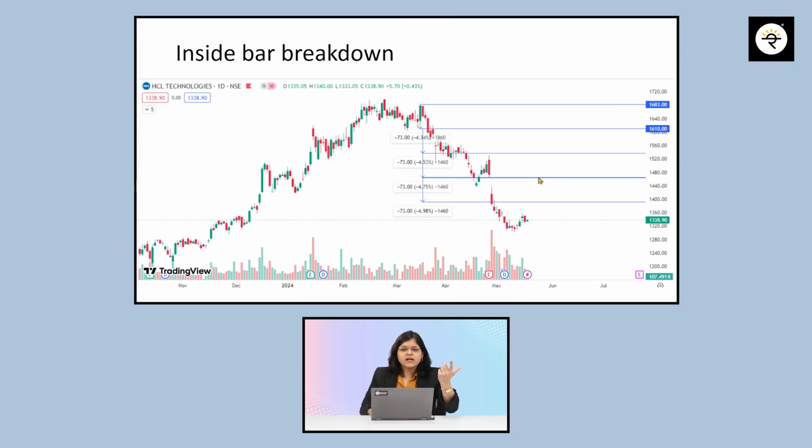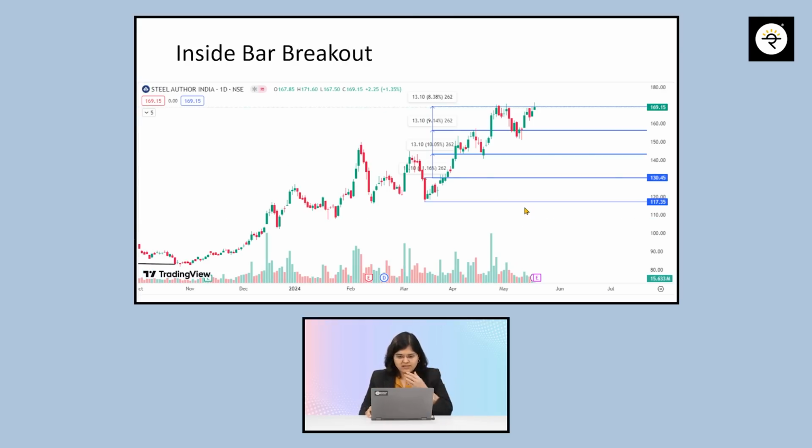Now this is an example of Reliance Industries weekly pattern, but let's take an example of HCL, which is a daily pattern. Again, did we see an up move, uptrend almost? Yes. After that we could see this green candle, this is an inside bar. Once we saw a breakdown here, this is a 73 points ka range, right? Broken down, 73 points gone, another 73 points gone, another 73 points gone. We stopped calculating after that, but yes, we are seeing some sort of reversal here in HCL Tech, right? I've just taken a quick screenshot so that I can move fast with the examples.